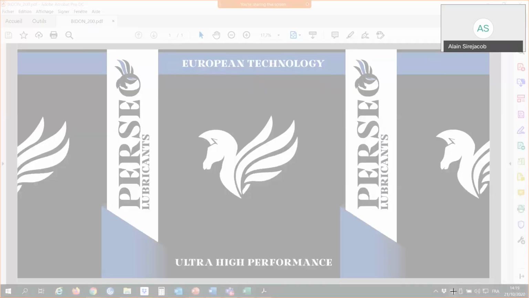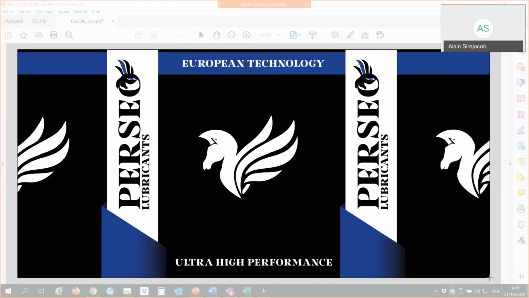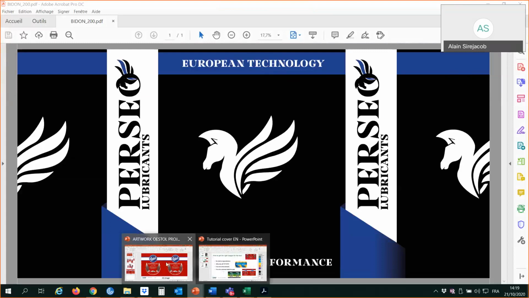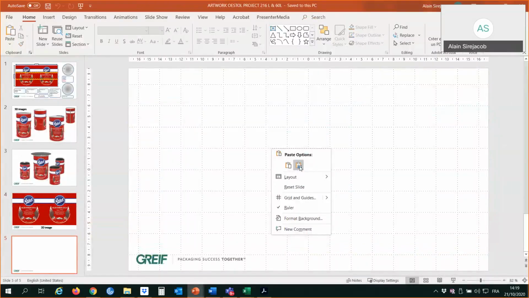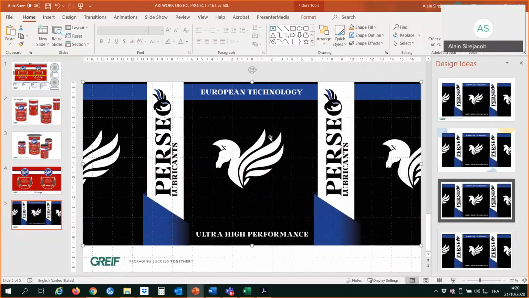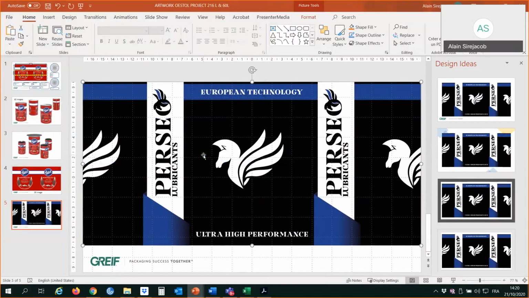I'm using the screenshot tool of OneNote, but you can use any kind of screenshot tool. I just select the image, the total image, nothing more, nothing less. Here it is. Then I just copy and paste my image here in PowerPoint. And here you have your image immediately ready to be saved. Same as before, you just right-click, save as a picture, and give a name, so let's say for instance Perseo, which is a Greek customer, and you save it. It's quite basic, and again, save all your images this way. It's very easy.